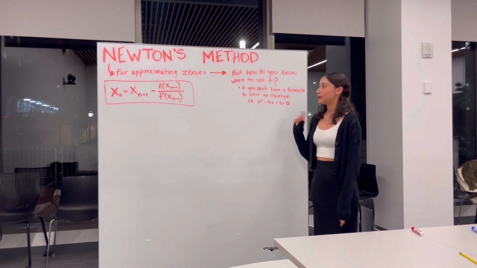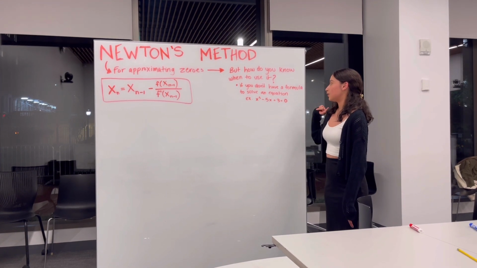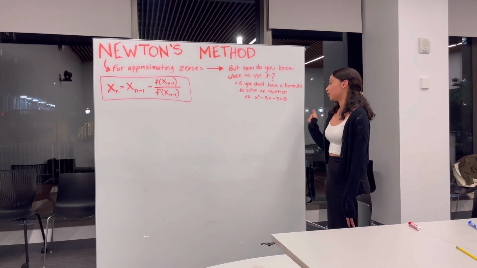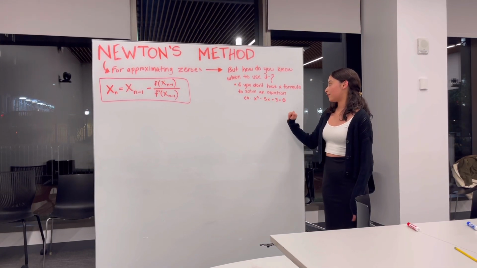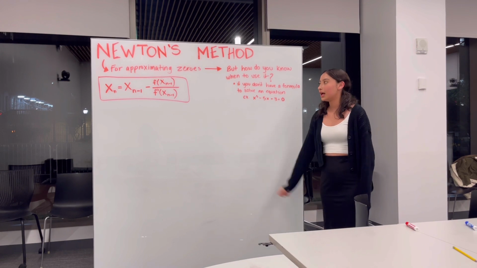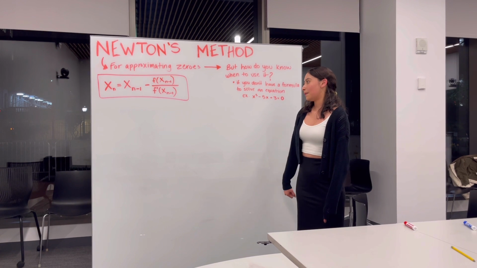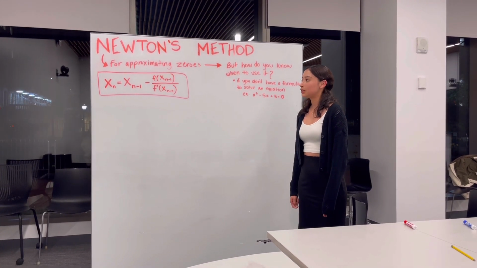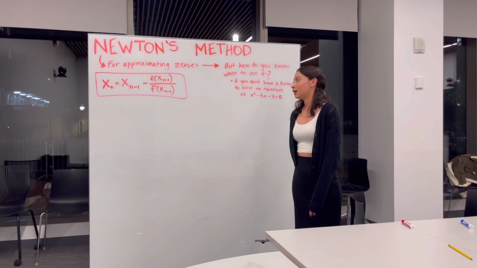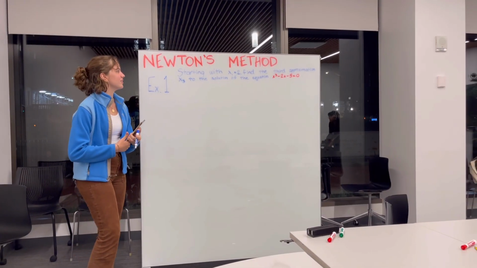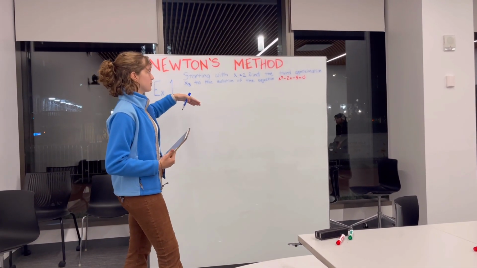We use Newton's method for approximating zeros, and we can use it if you don't have a formula to solve an equation like x to the 5 minus 5x plus 3 equals 0. And the formula we use is xn equals xn minus 1 minus f of xn minus 1 over f prime of xn minus 1. All right, so starting off, the first example is starting with x subscript 1 equals 2,